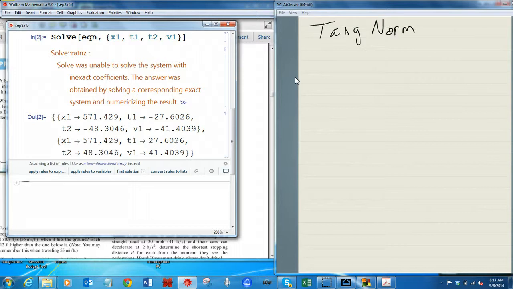In order to do tangent normal, you've got to know the path that you're on. So in this book, you know it's on the circle. And the tangent normal direction is just like the I normally you think is horizontal, the J normally you think is vertical. In this particular case, you have a tangent direction and you have a normal direction. The way you find it is you've got to have the path. If you don't have the path, you cannot use this formula. Okay? So if you have the path, I'm right here on the path, you draw a tangent line